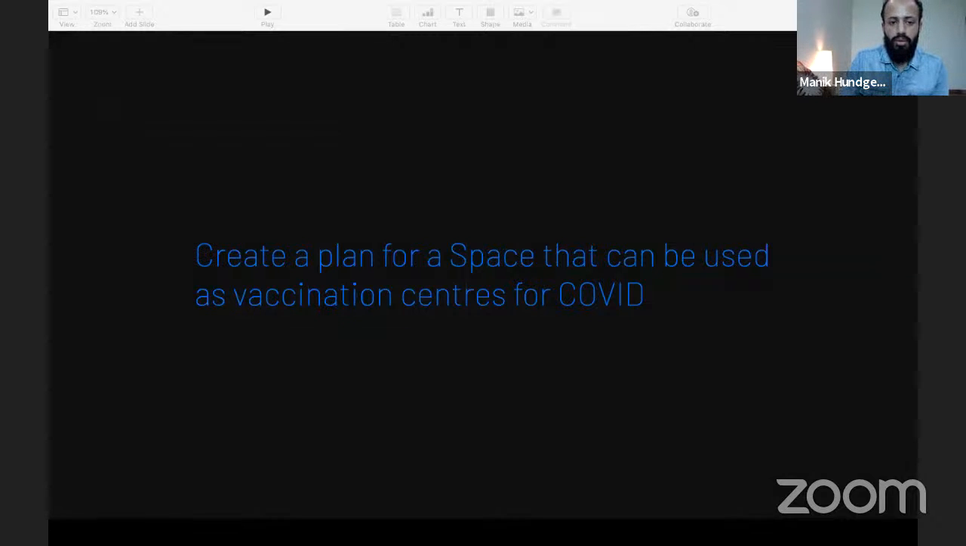So today we're going to create a plan for a space that can be used as a vaccination center for COVID. So it's very current. I know it's very close to us right now as the whole humanity takes a plunge to fight this virus. And what I've seen is that, of course, WHO has some guidelines around this of how the space should be and what touch points should not be there. But we will approach this from ground zero,